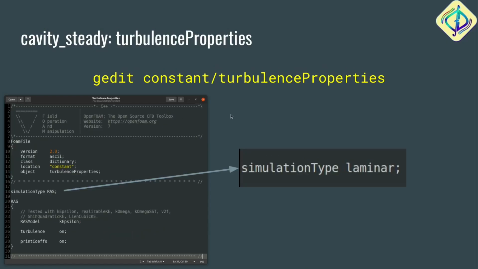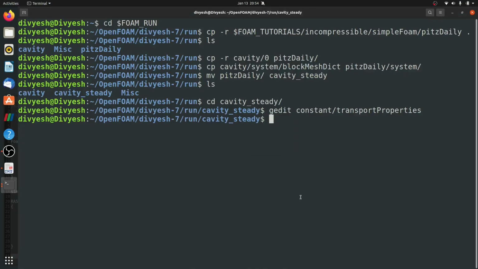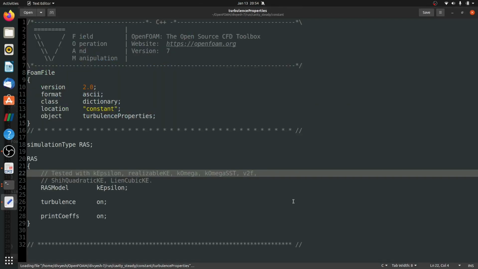The next step is, if you remember, we need to specify whether our simulation is laminar or turbulent. Currently it is a turbulent case. We need to say that it's a laminar case. So let's do it in the terminal. gedit, then constant, turbulenceProperties, hit enter.